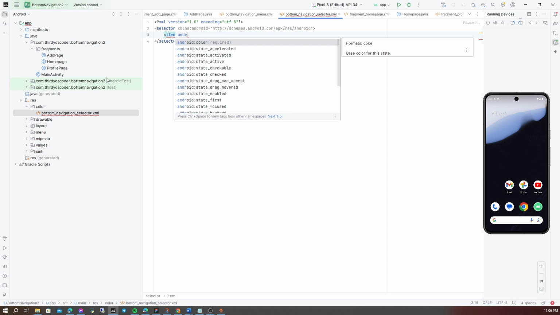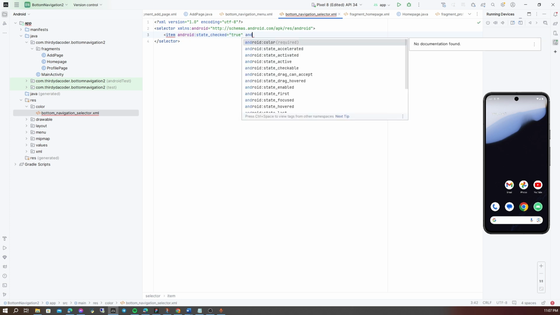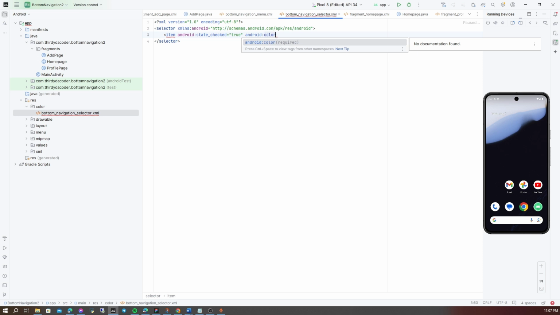So android state add as true. If true, the color of this is hashtag 282828, something like black. Then we close it.